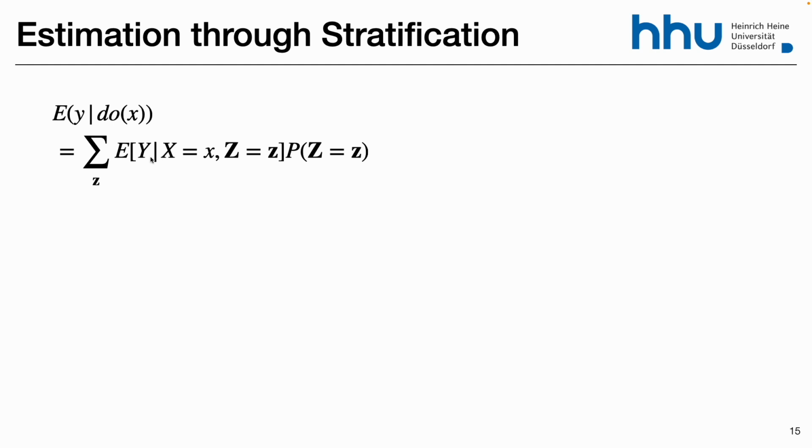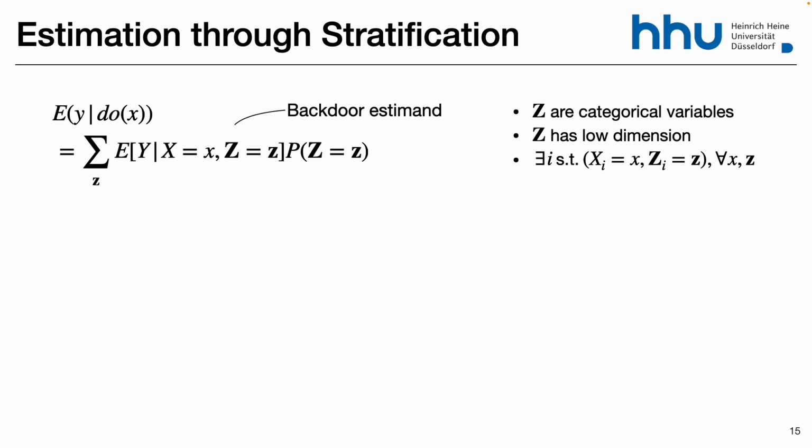So instead of getting the expectation, we are considering the probability. And the first approach that you can do is called stratification. So if z is categorical and low dimensional, and also this is important, for every configuration of z, you are going to stratify your data set into all possible values of z. If this is high dimensional,